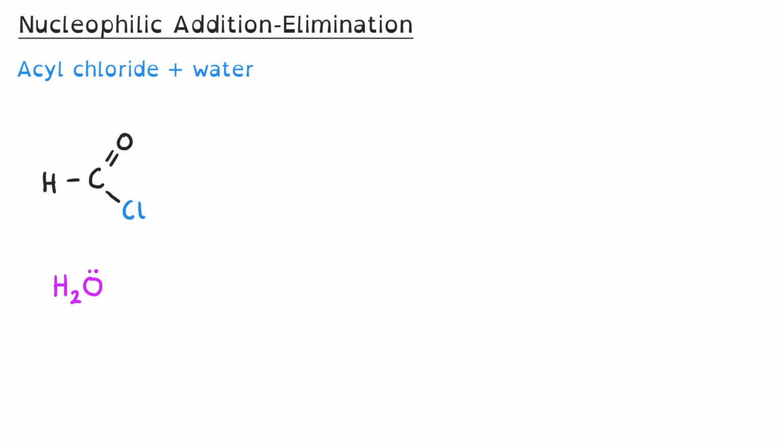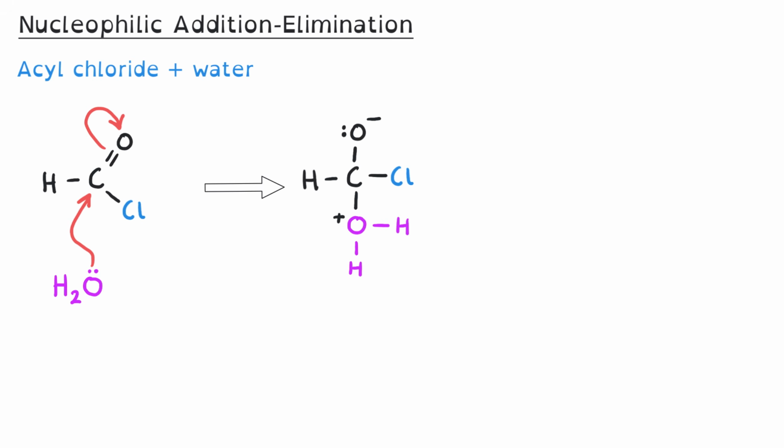product. Acyl chlorides react very vigorously with cold water, and the mechanism is nucleophilic addition-elimination. The water is the nucleophile, and it uses its lone pair to attack the carbonyl carbon and add on to this molecule. And the carbon has its bond that it's sharing with the oxygen partially broken. The oxygen takes both of those electrons from one of those bonds, and we end up producing an intermediate where we need to show that lone pair now on the oxygen instead of in that double bond, and the oxygen will be negatively charged. Additionally, the nucleophile has used its lone pair to make a new bond, so now it